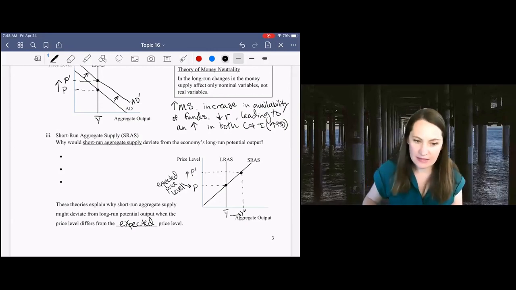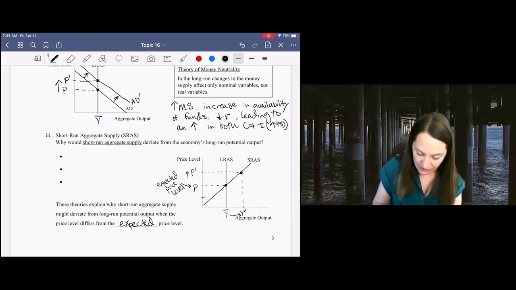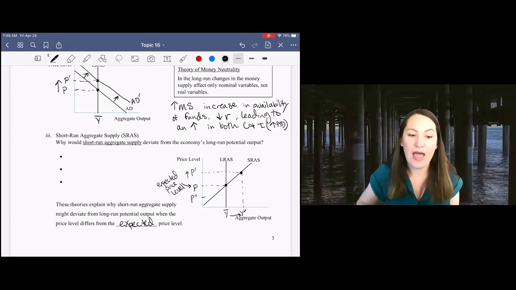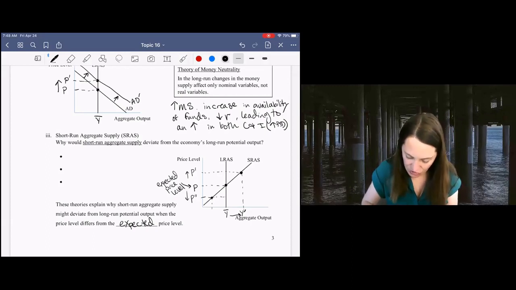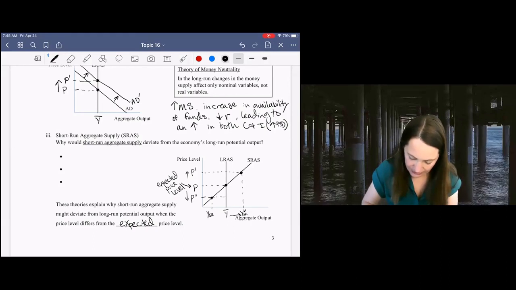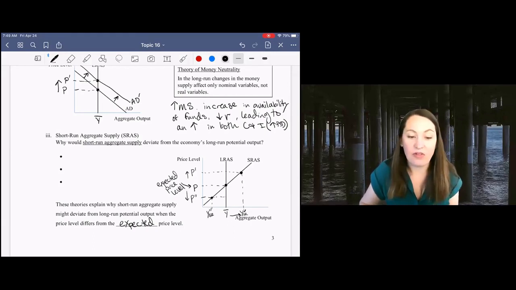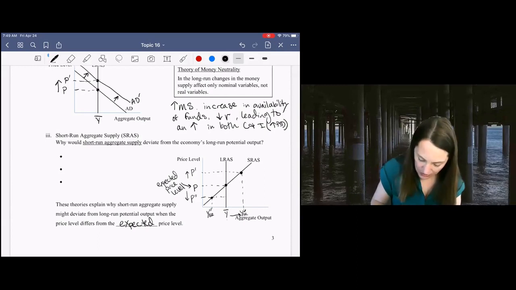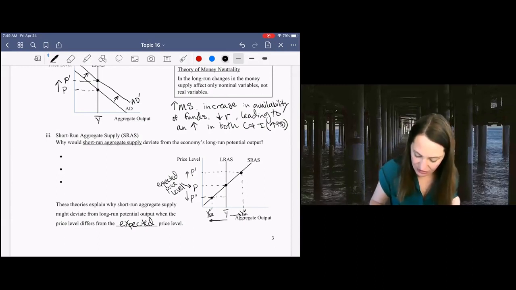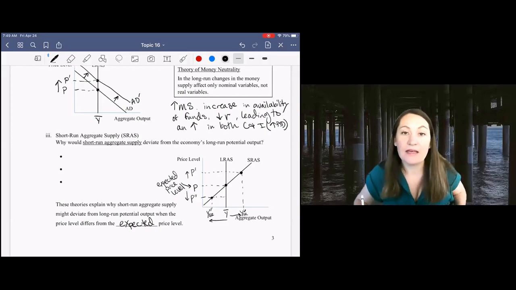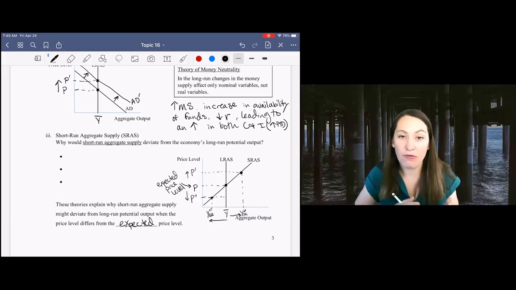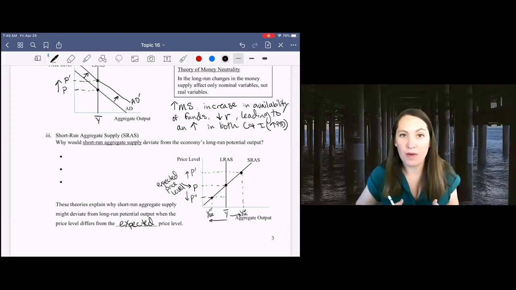And likewise, if we had a price level that was lower than what we expected, we would have a short run level of output that is lower than our long run potential. And these deviations in output from the long run potential are what we are trying to model when we model